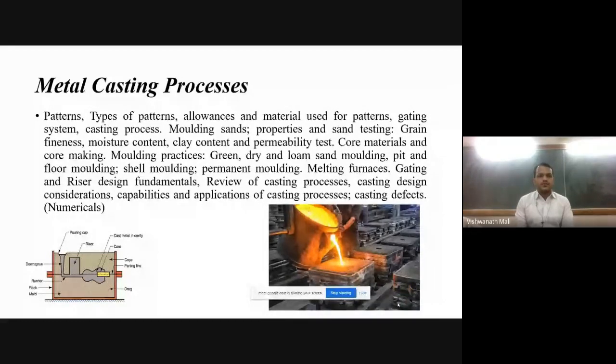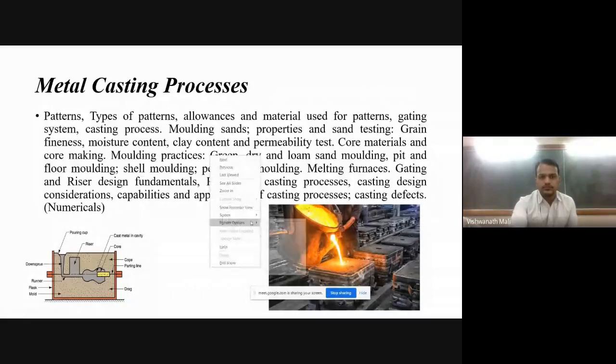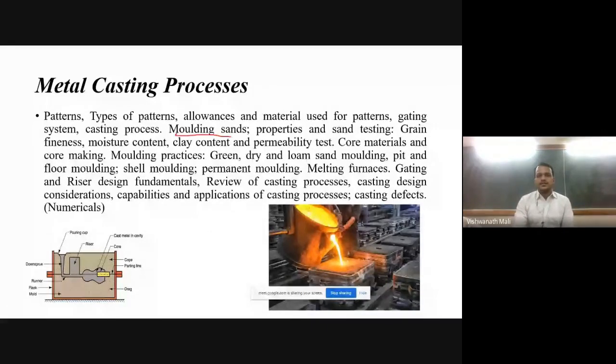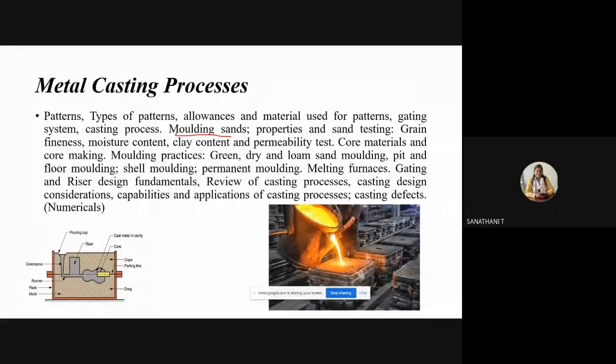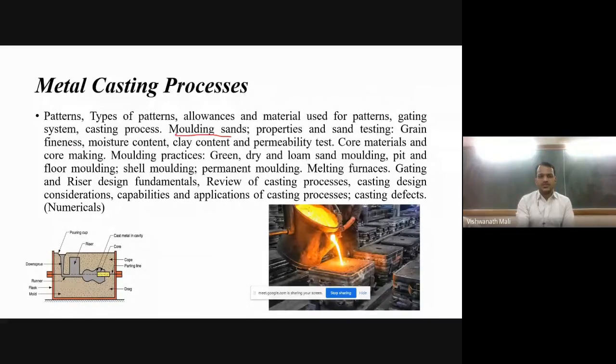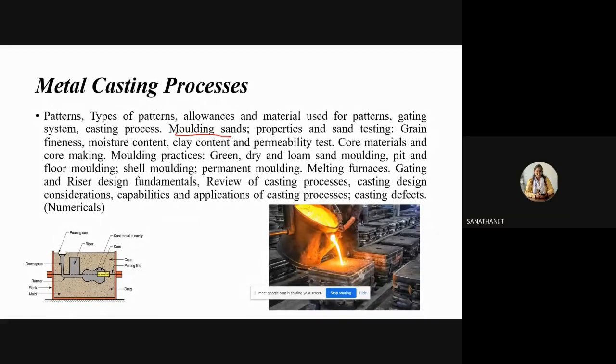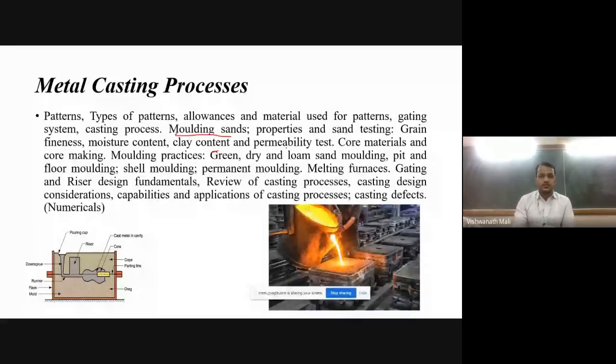Then the sands used for the casting process, that is molding sand, and the properties and testing of molding sand, with parameters like grain fineness, moisture content, clay content, and permeability. Then what core material is and how cores are made.